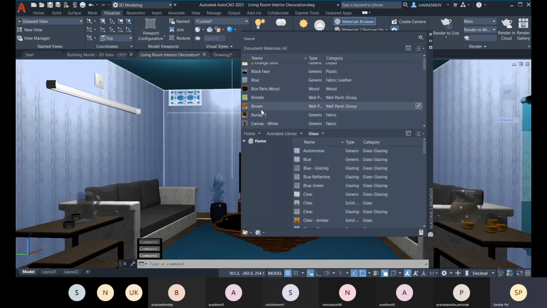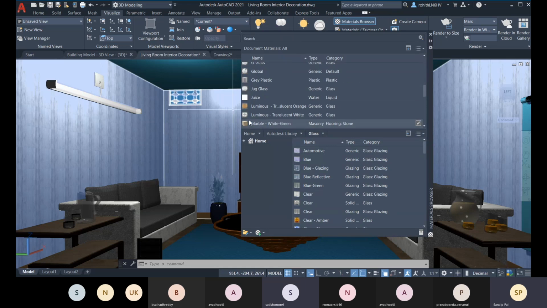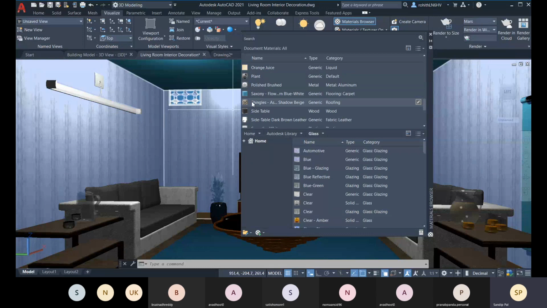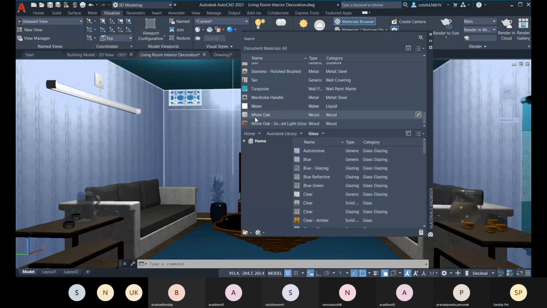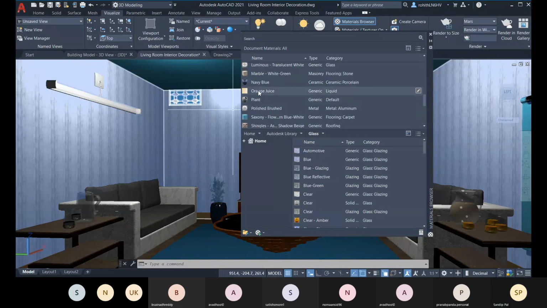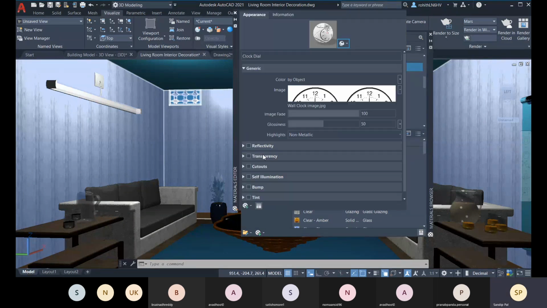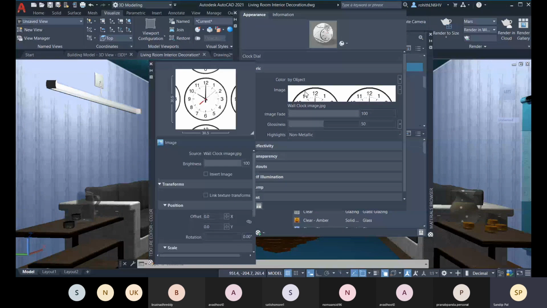In yesterday's class, I mentioned the image you have, and let me find that clock dial. Yeah, so this clock dial is there, and what you have to do is click on this image, and there you have some offset. You can position it with the offset.